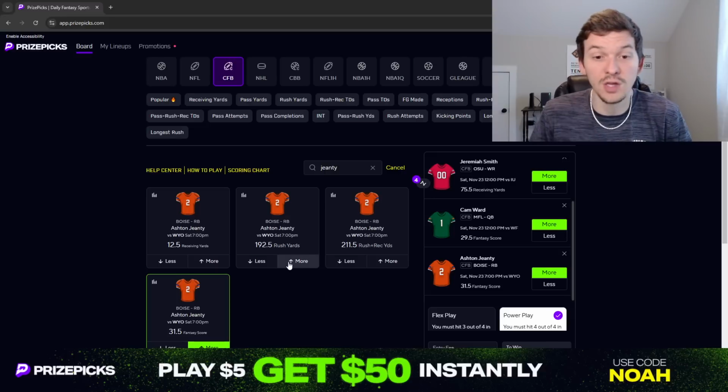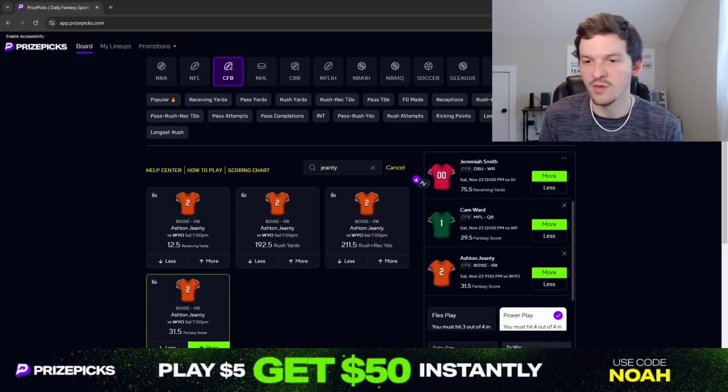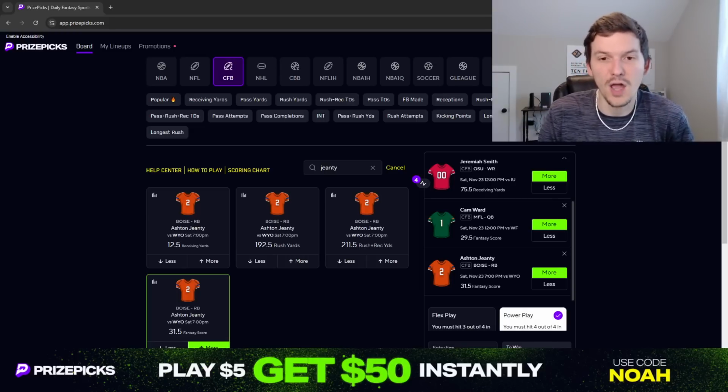And it's a great matchup here against Wyoming. Wyoming's rush defense has been terrible this season. They're giving up over 209 rush yards per game, which is towards the bottom of the country. This is a spot where GT should have no problem having success on the ground against Wyoming. I think the real concern is, can Wyoming